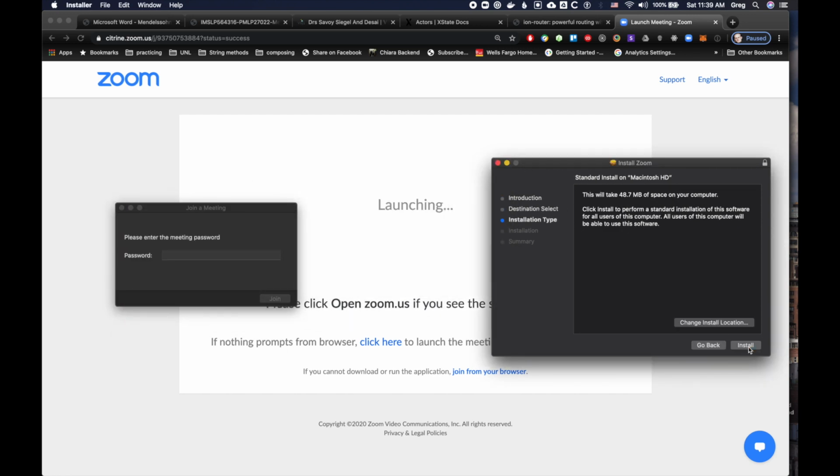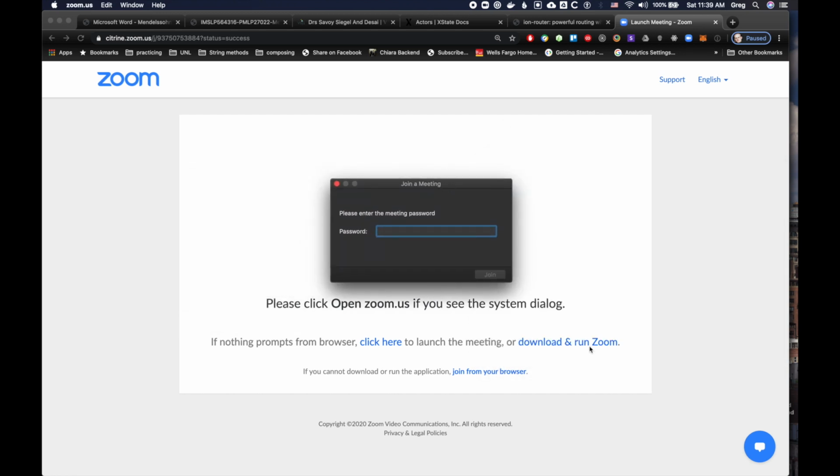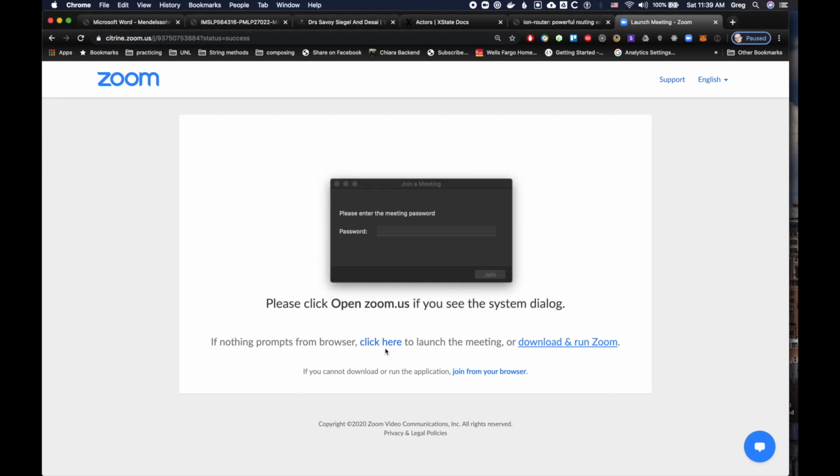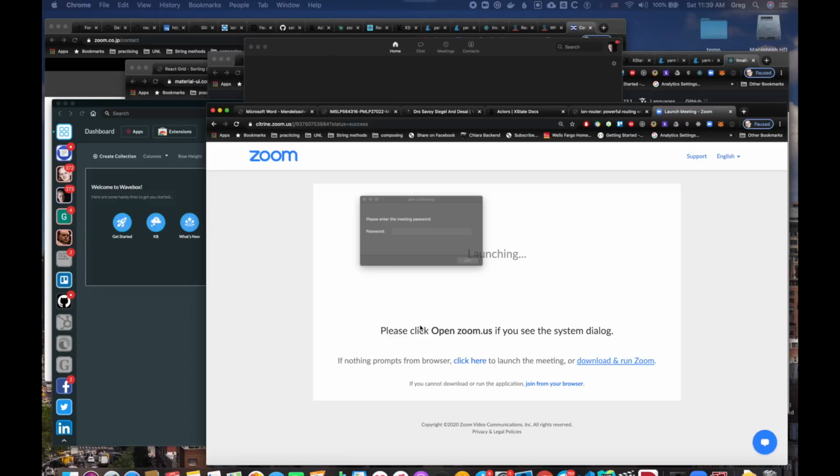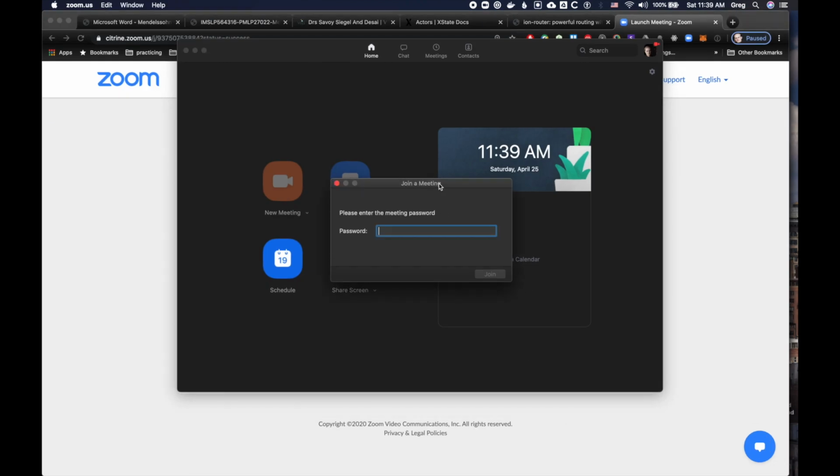So we do continue, choose the install location, and then because I'm running it, it's giving me some trouble, but it's very straightforward. Once that is done, you'll be able to click here to launch the meeting, and that's when you will see the Zoom application, and it will ask you for a meeting password. Now, this password we send to you separately when you purchase a ticket. The password is different for every concert event, and so as soon as you enter the password, you'll click join,